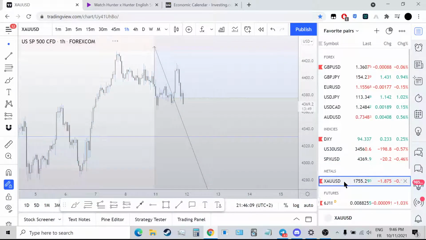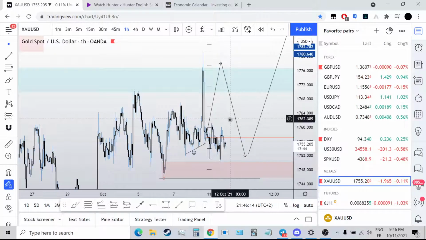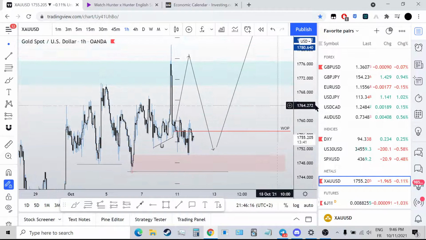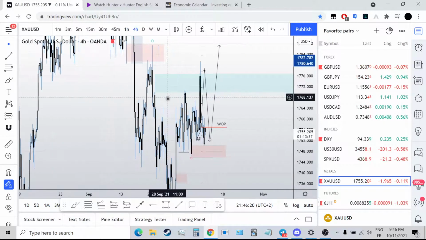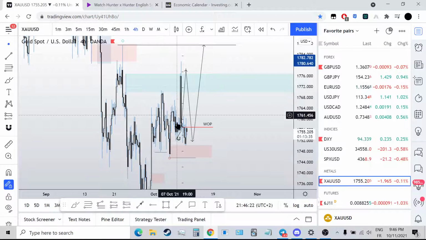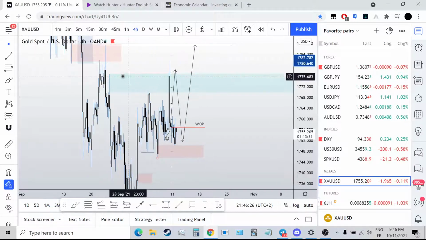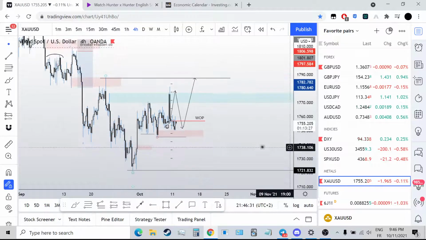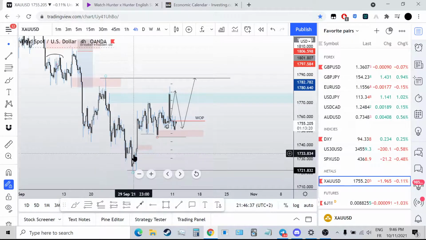Okay, so let's look at gold real quick. With gold right now, we came into this area. Last week I was looking for these highs to stay protected right here, but you can see last week Friday we ran up above that and we took out this. So this could be your inducement right here, and we're still inside. All of this is just a complex pullback inside of here, but at the same time I do see a market maker buy model. This is ICT's market maker buy model.